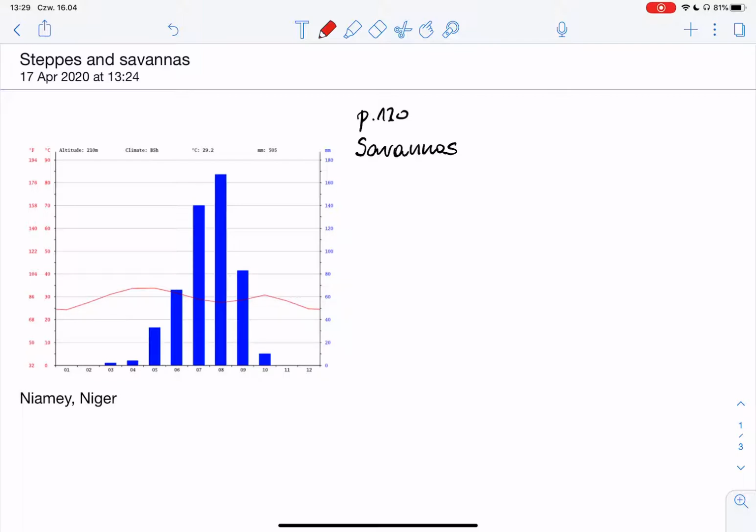Niamey, which is in Niger in Africa, is characterized by that flow of temperature which varies from around 24 degrees Celsius to even 35 degrees Celsius, which means that the annual